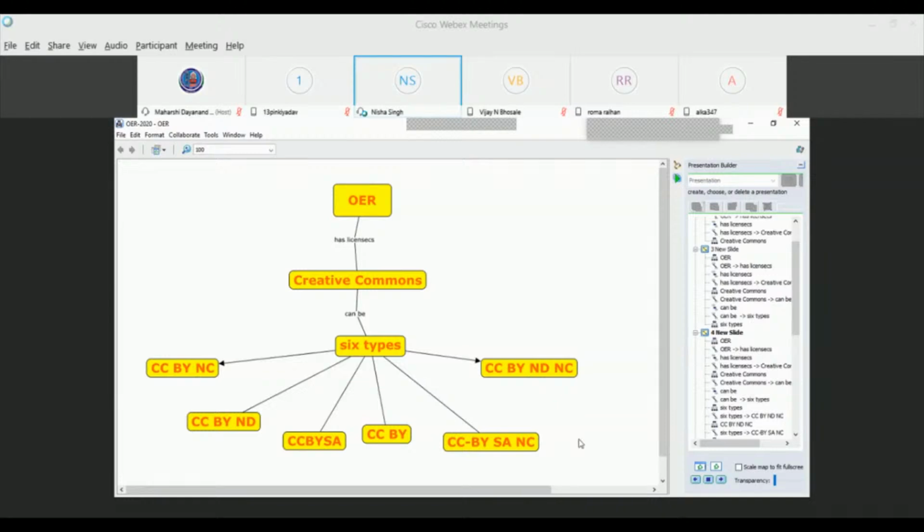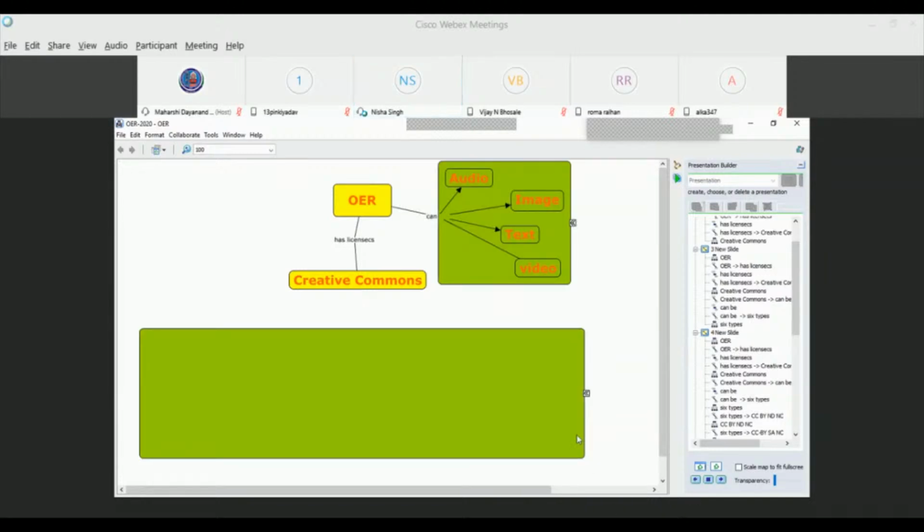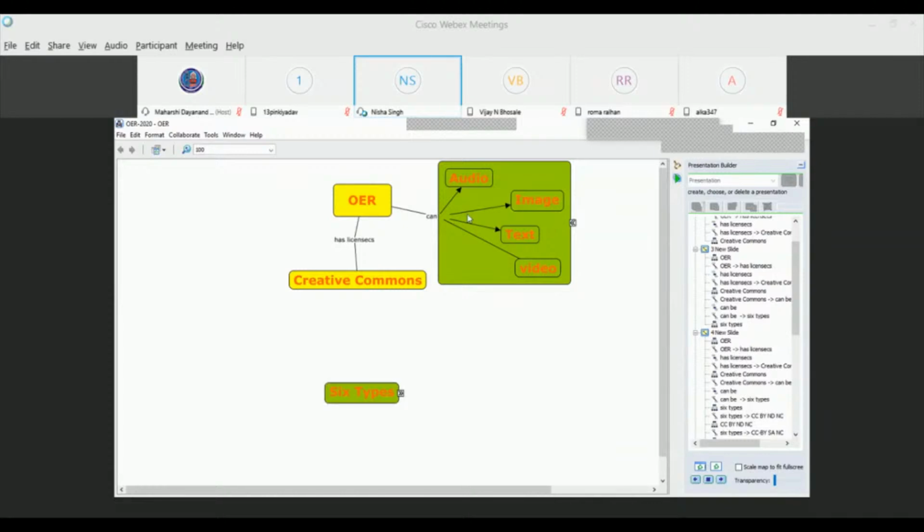Yes. Now how do I go to the next slide? Next slide. See, this is all because it was nested. I can just complete it, and I had not selected it, so it has come like this. So I'll go and explain OER, the types of media, audio, image, text, and so this is how you can make a presentation using presentation builder. So if I don't want to